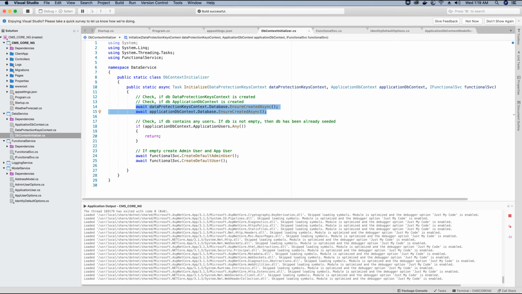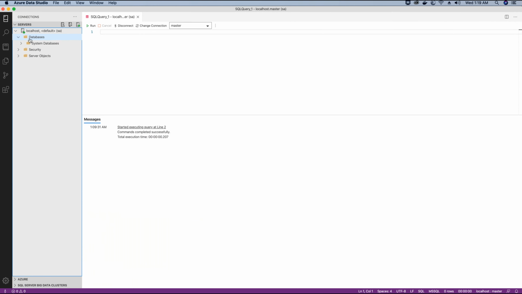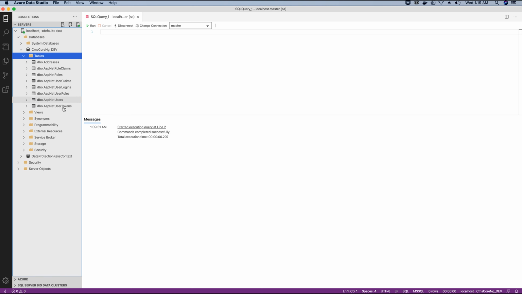Now the application is running. So let's go ahead and check the database. Let's refresh this database. Voila. So as you can see, the database is created. We didn't have to run the command. Now let's go ahead and check the tables. ASP.NET Core Identity has created the tables for us. Remember, we extended the ASP.NET application user class. So let's go ahead and check the